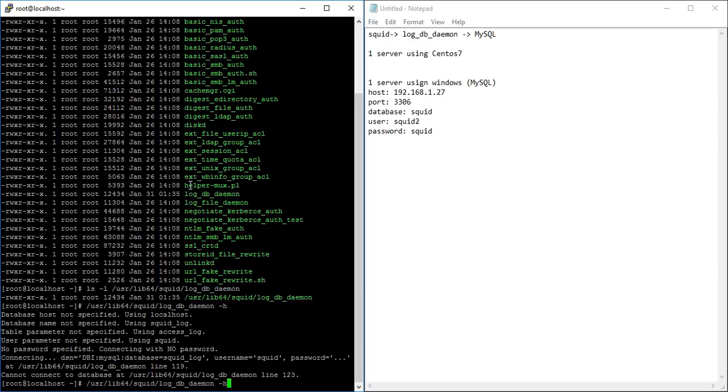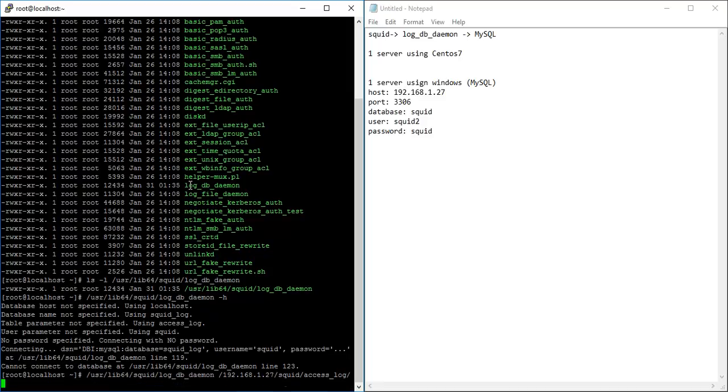Actually, the configuration must be defined in squid.conf, but you can try it in console by typing the host, slash database, slash table, slash squid, slash username and slash password, like that.